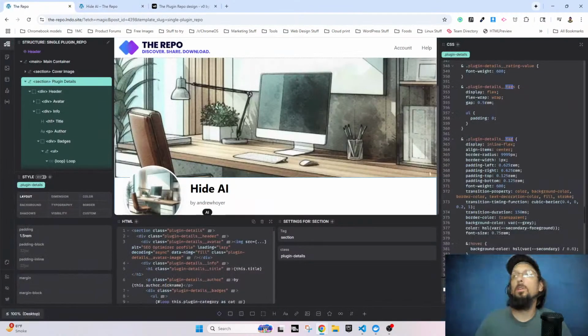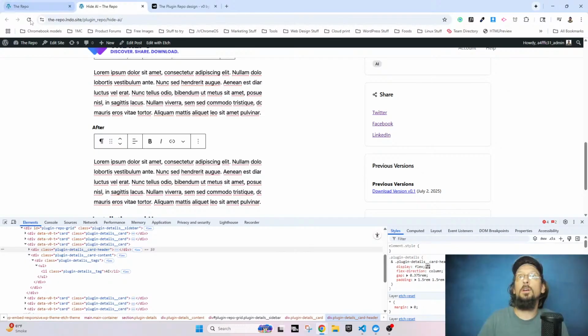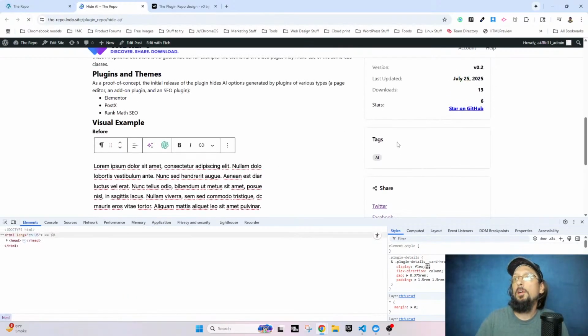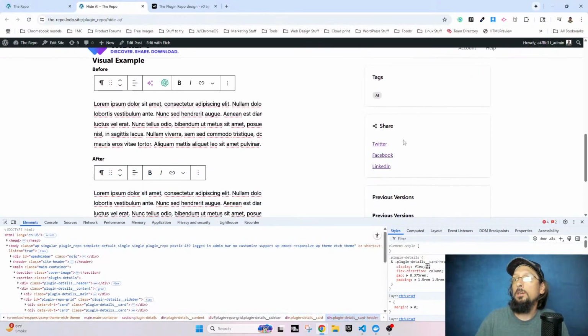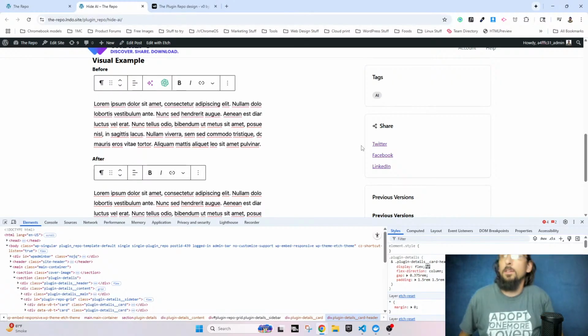Plugin details, card header. Okay, let's see here. Yeah, we're getting somewhere now. I was gonna make these look nicer too. Let's see here. I think I just